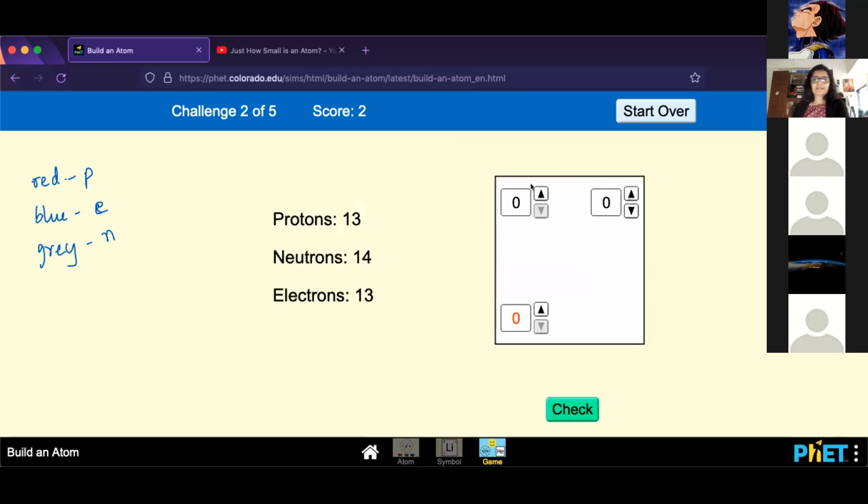Okay. You guys remember the positions, right? If proton is 13... okay, let's not go there. Ma'am, atomic number is 13. So which one is the atomic number? Left upper corner? Ma'am, left bottom. Atomic number is the bottom one. Mass number is the upper one. The smaller number will be at the bottom, the bigger number will be at the top. Okay, remember that. So now, ma'am, number is 25. 13.